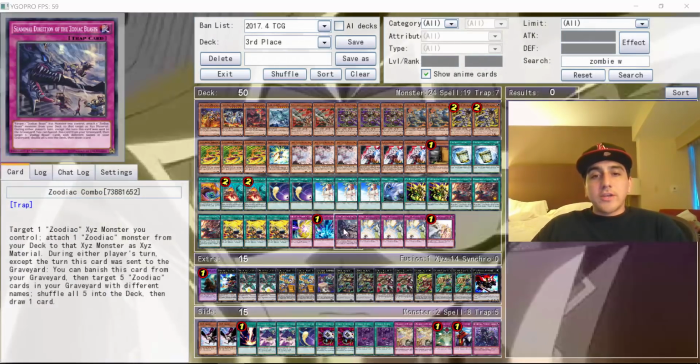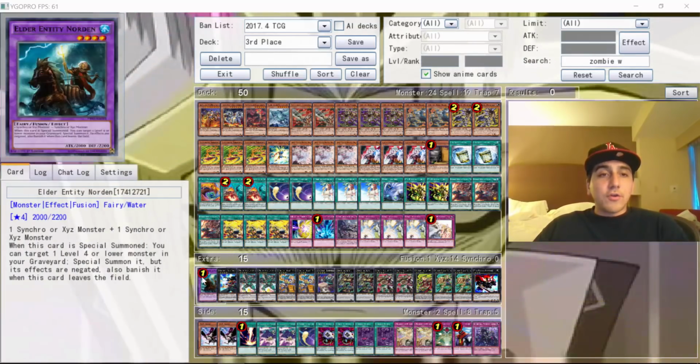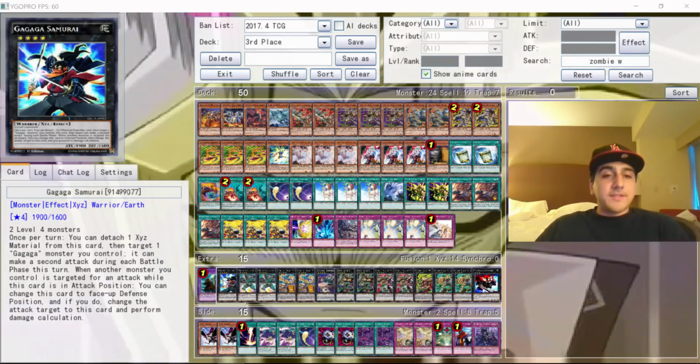1 Torrential, 1 Combo, and then the 4 Solemn. So that's it for the main deck. He played 50 cards. Onto the extra deck, of course, 1 Norden, 1 Gaga Samurai, because it still creates OTKs